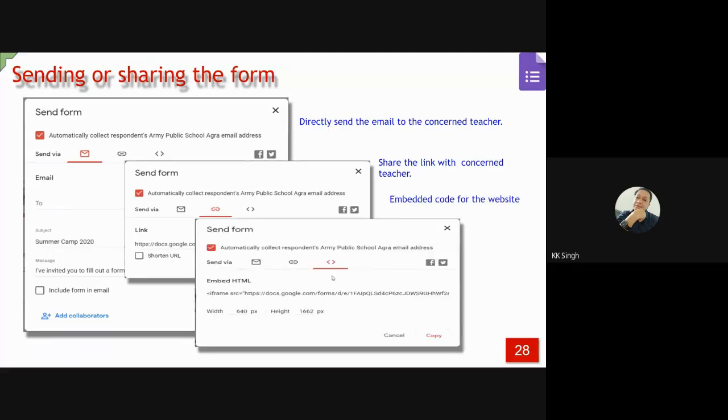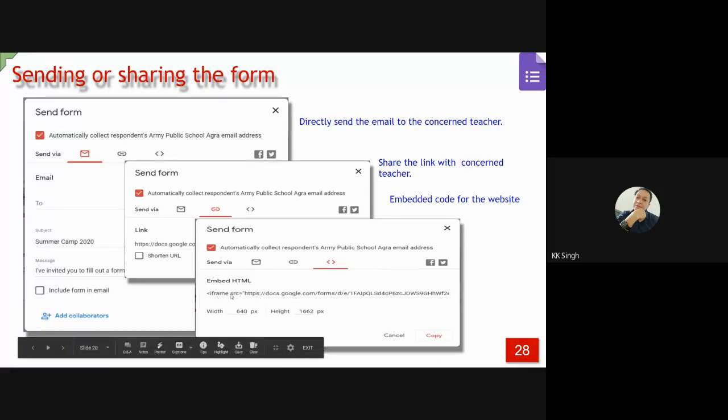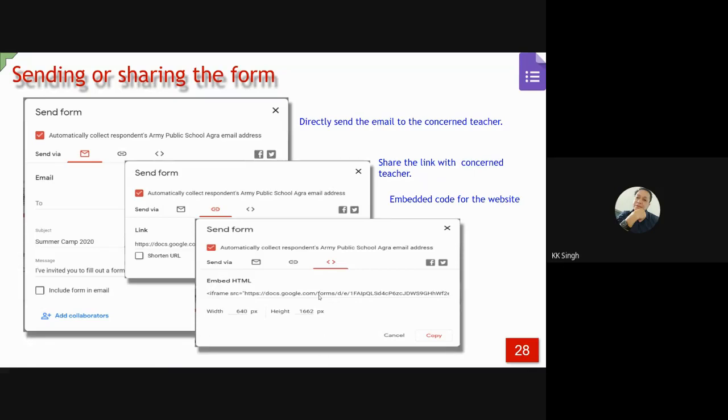And this is to embed in your website. This is the embed code. This can be embedded in your website so that the student or the participant can have the information from the website also.